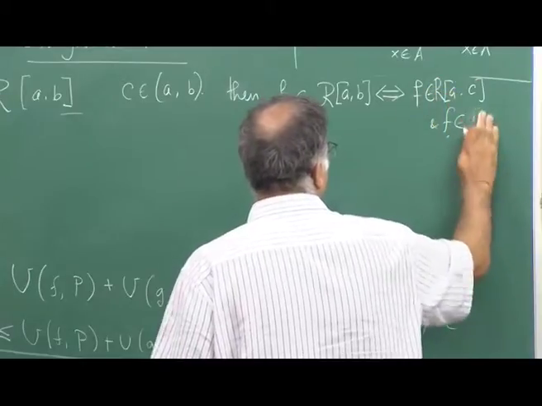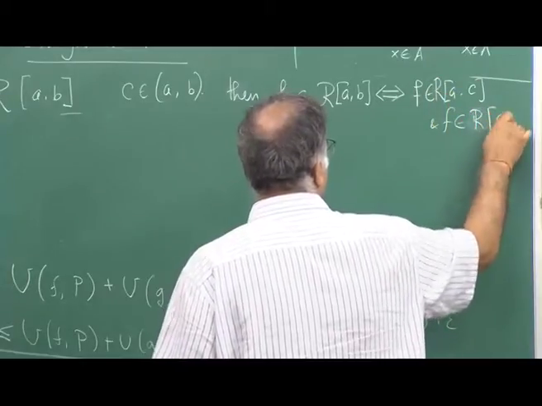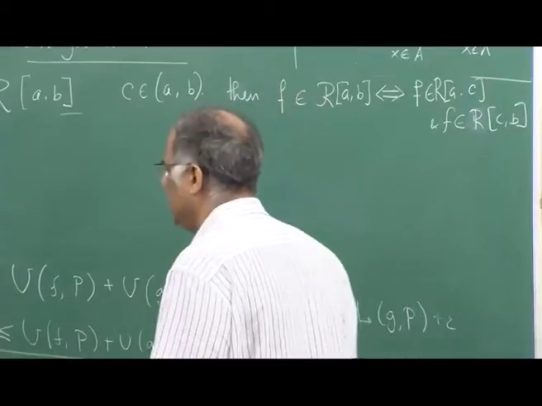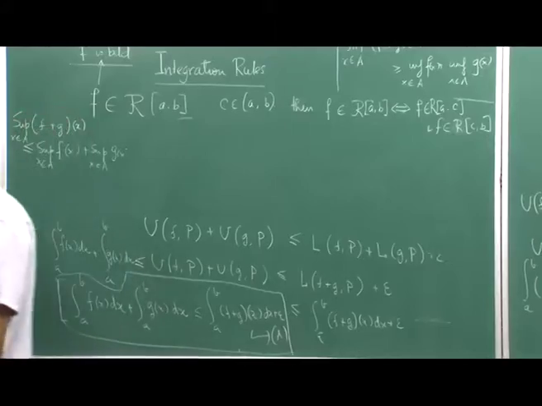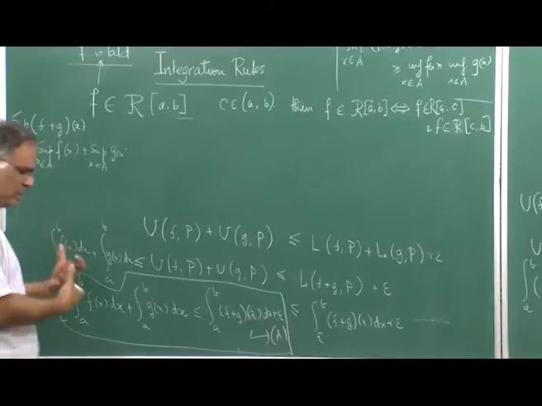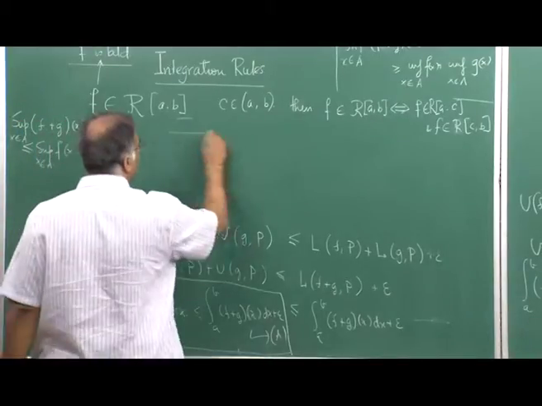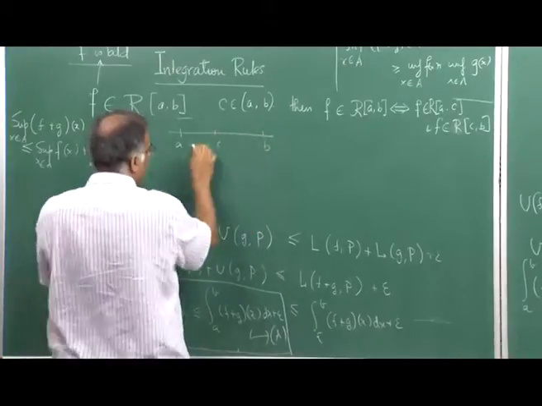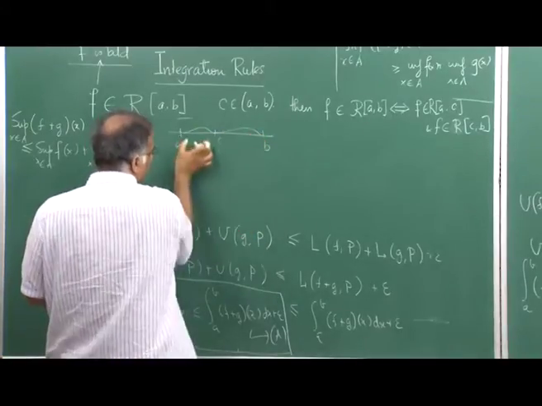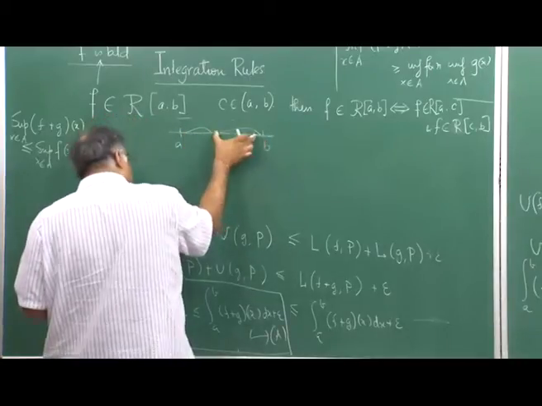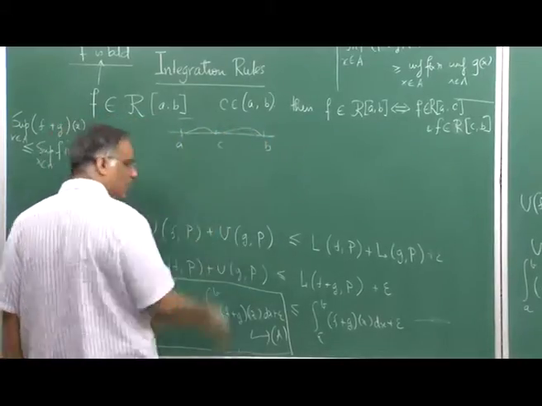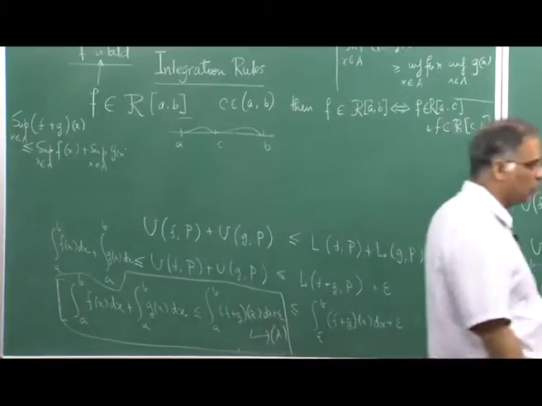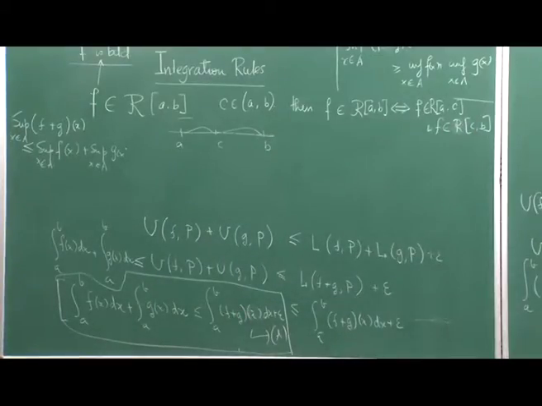and R[C,B]. This means f is Riemann integrable over AB if and only if, taking any point between A and B, f is Riemann integrable over each of the separate parts. So, if I have A, C, B, f is Riemann integrable over the whole if f is Riemann integrable over each of these individual parts, and if f is Riemann integrable over each individual part, then f must be Riemann integrable over the whole. So, it needs certain time to prove this. I would leave it to you to really work this out,